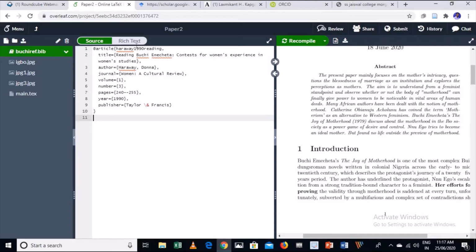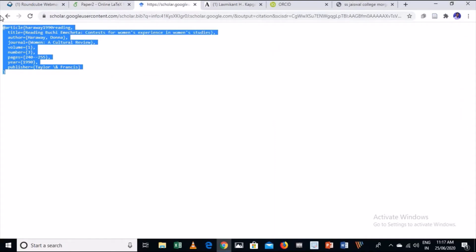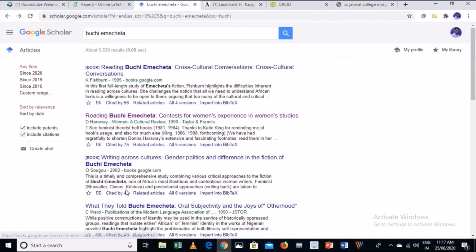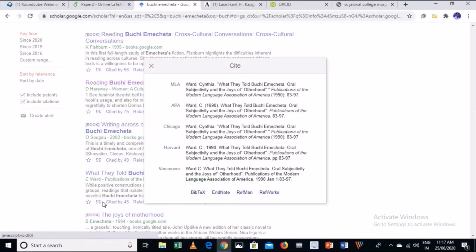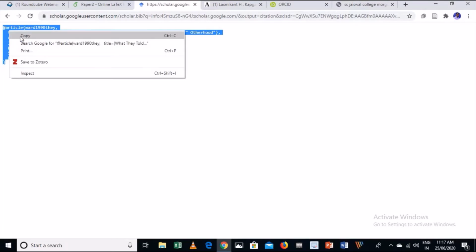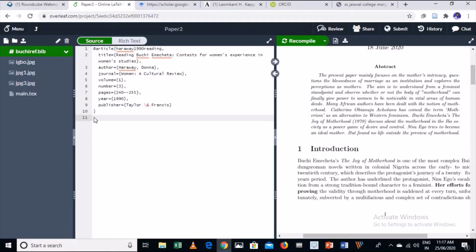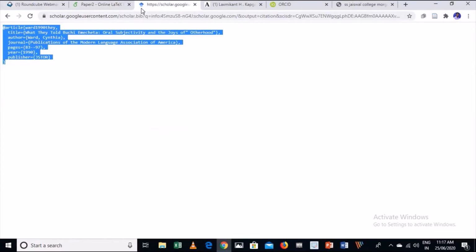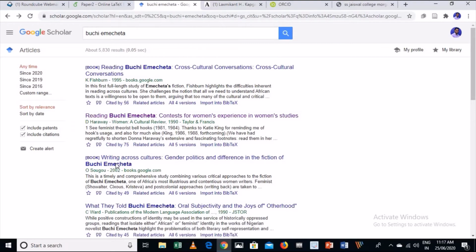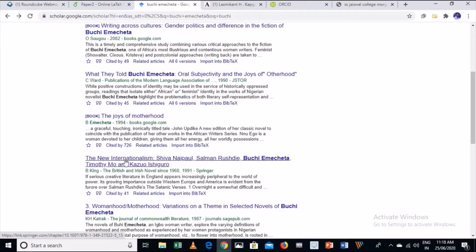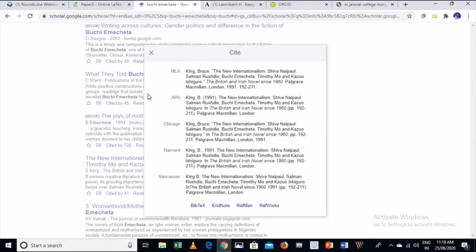If you want to add another one, again you go to Google Scholar and do the same. For example, let me cite this one. Again I select BibTeX. This is the way. Again you go and paste here, one by one. Let me add two or three references so we can have a better idea.